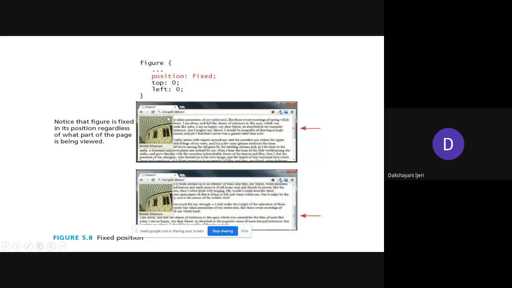So you can see here this particular image is fixed at this location, and the reason they have included the arrow mark over here is that even if you scroll down that content, it is going to remain at that position itself, no matter the backend data or whatever has been put here. Even if you scroll that content, this figure is going to be fixed at this position itself if we use the position property with the fixed value.